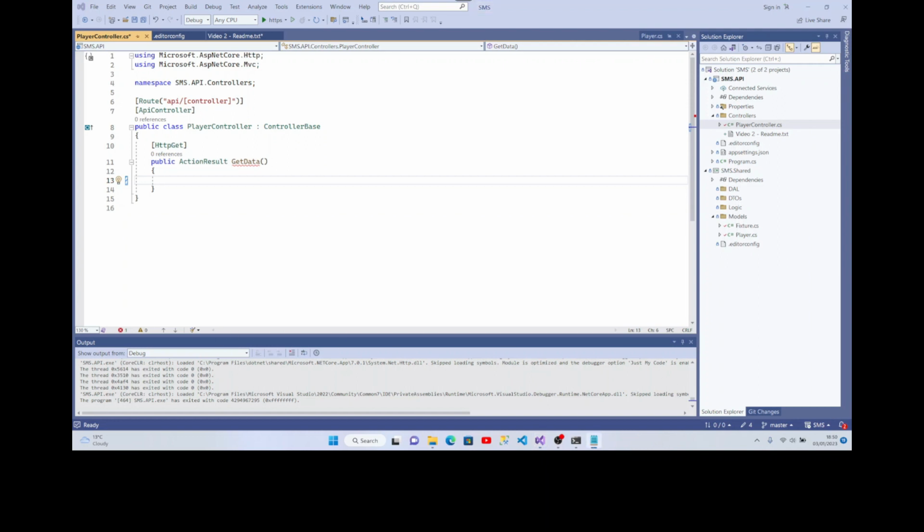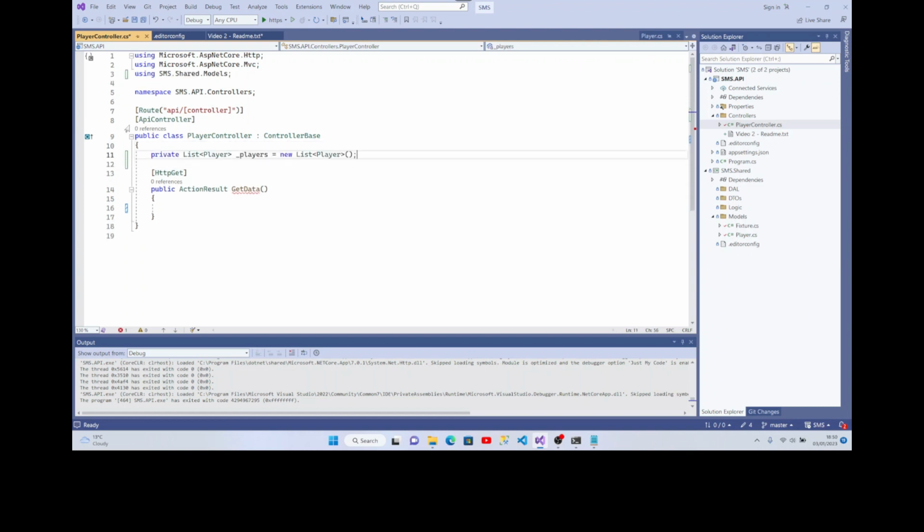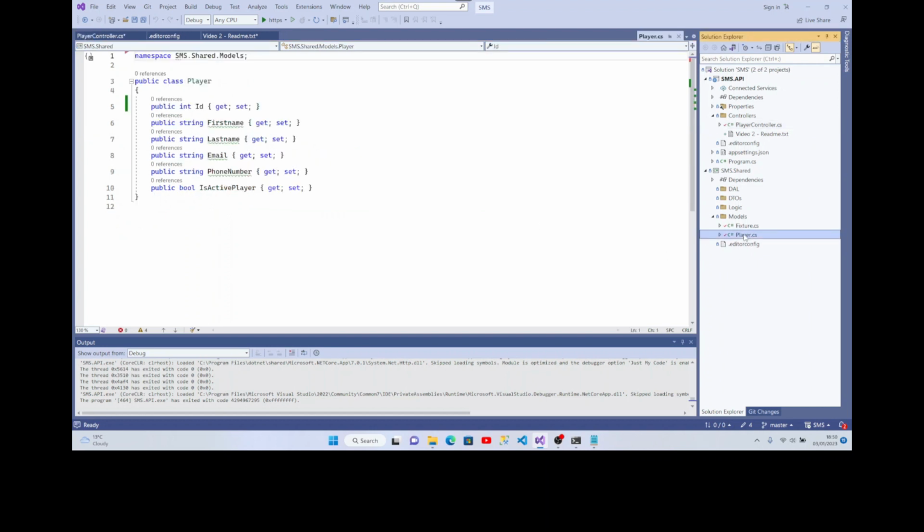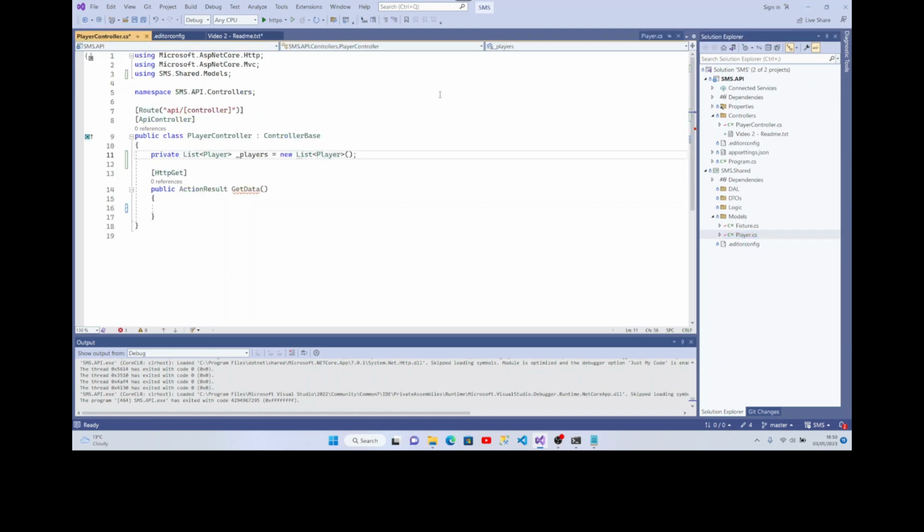Because this isn't particularly exciting code, I'm just going to copy and paste the code in and walk you through it. So within the player controller, I'm going to create a private field that is called _players, and that is a list of players, and player is from our models. Then I'm going to create the constructor